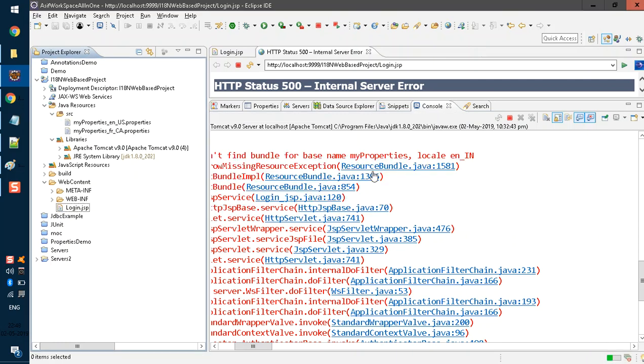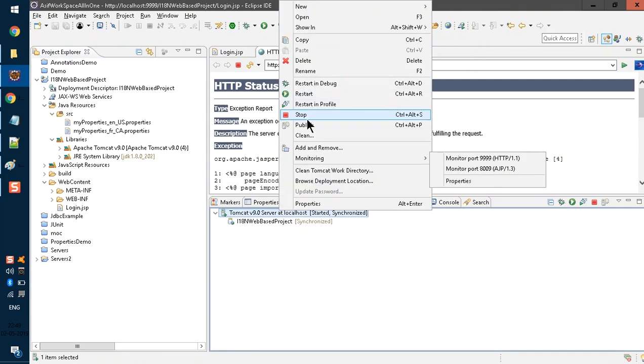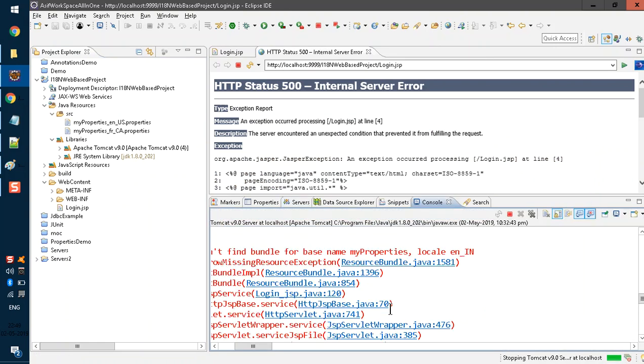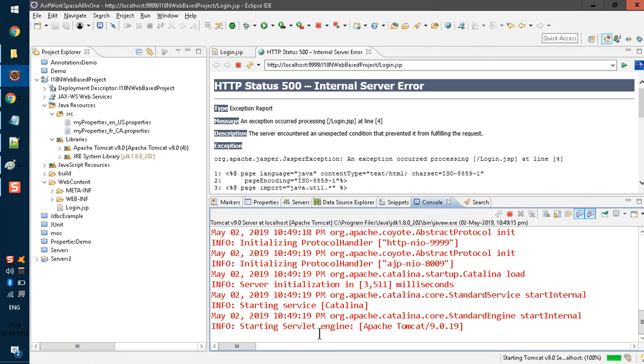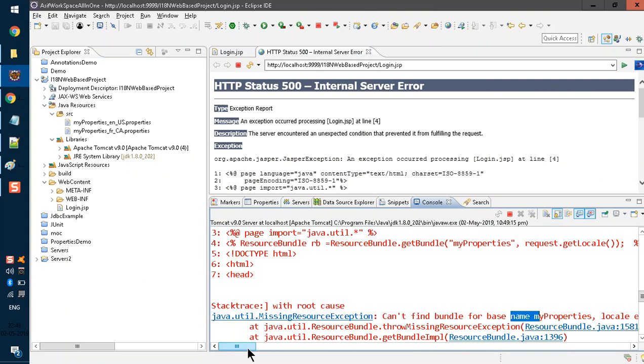Okay, server startup in these many seconds. Now let me refresh. Oh my god, we got can't find the bundle base name my properties, locale comma ES_EN, and wow, I got it, man. So here if you look, we have the two properties files, EN underscore US, but when it reads it,